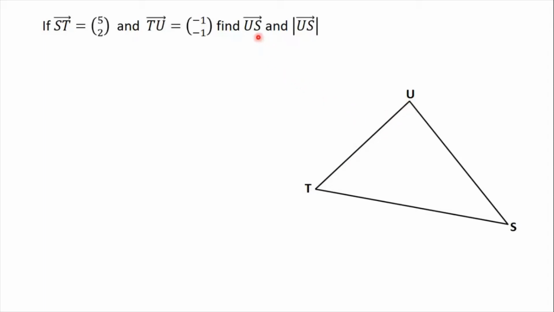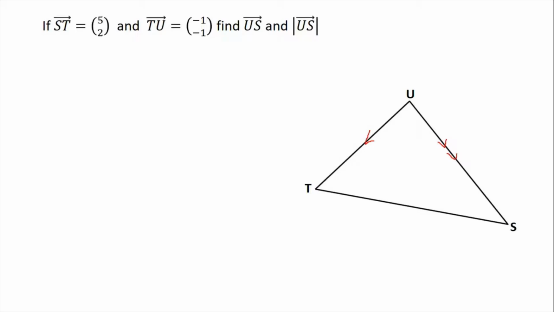The question says that we should find vector US. So that is our resultant vector. So the resultant vector is vector US. This is the resultant vector. We know from the triangular law of vector addition that from this diagram, vector US is equal to vector UT